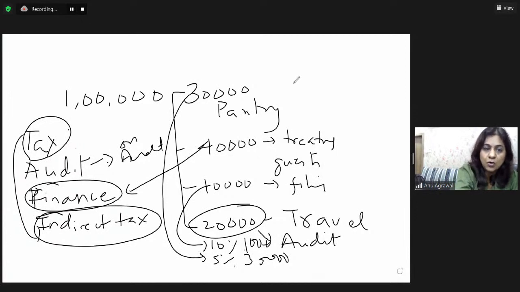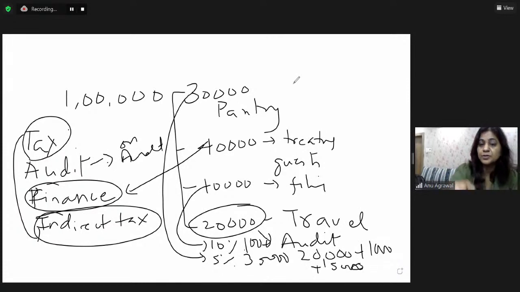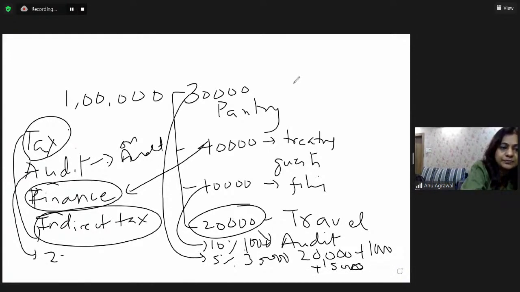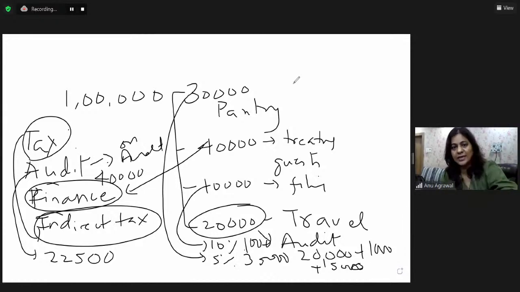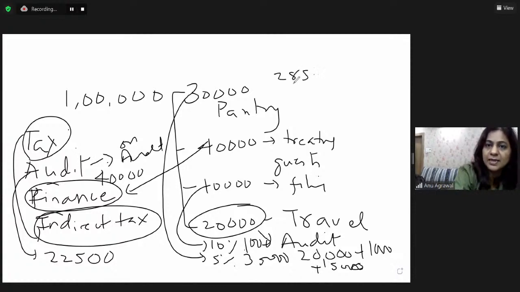Technically speaking, the cost to the audit guy should be 20,000 plus 1,000 plus how much of this? 1,500. So the audit guy should be having 20,000 plus 1,000 plus 1,500. So technically 22,500 should go to the audit guy. 40,000 should go to the finance guy. And the balance 28,500 plus 9,000, right? Which is how much? 28,500 plus 9,000